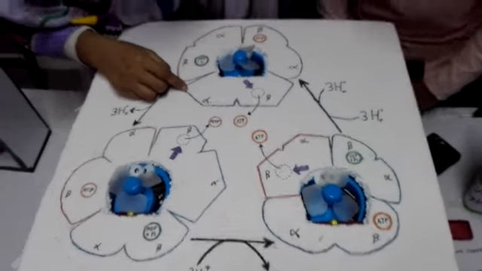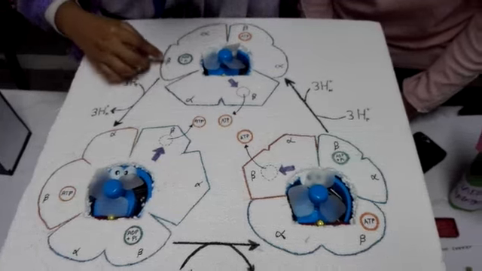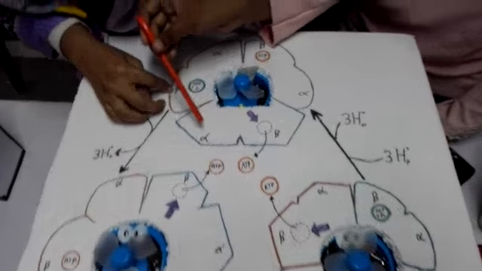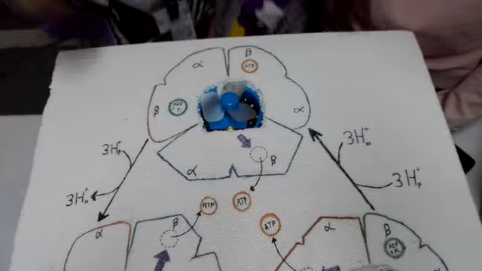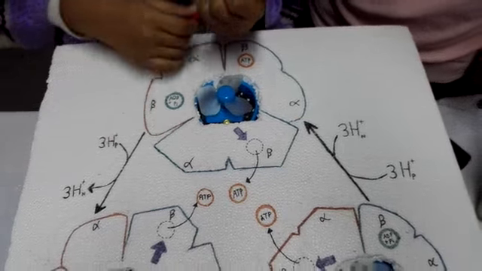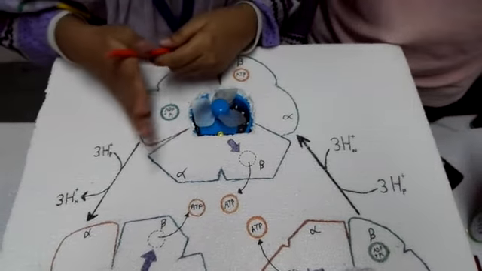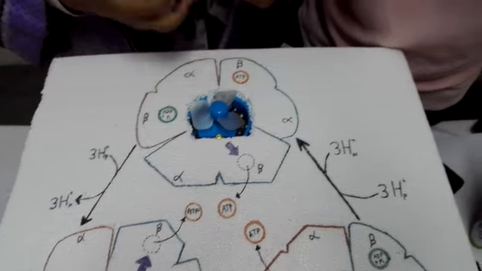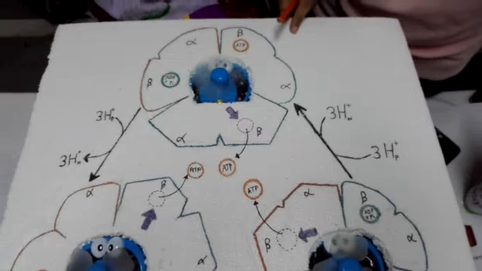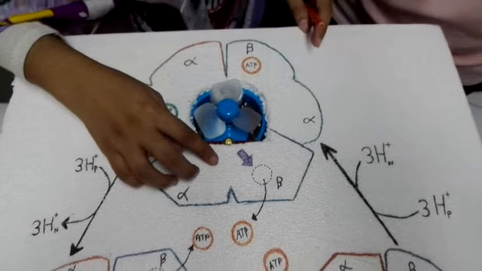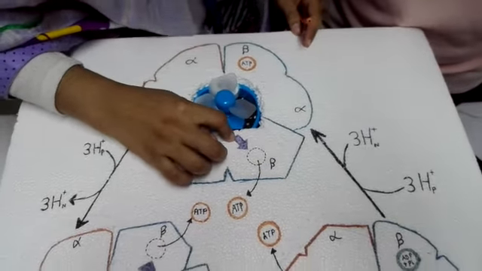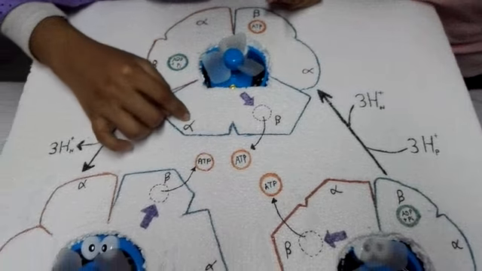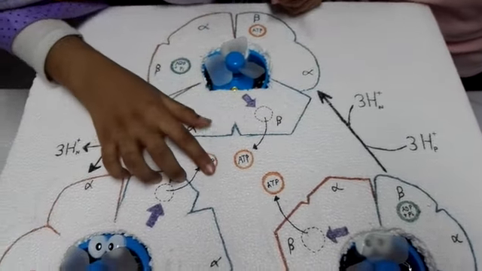Here, the alpha-beta subunits are alternating. The beta subunit is the main unit for ATP synthesis. During the electron transport chain mechanism in the mitochondria, an electrochemical gradient is formed, because of which the central shaft, that is gamma, rotates, which we have shown here as an arrow. It attaches to each of the alpha and beta units and forms ATP.